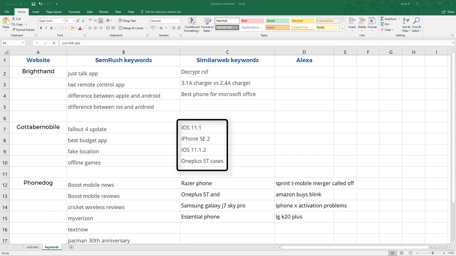If a keyword is new, then it means not many websites are writing about it, which means the competition is low. You should act fast to add highly relevant content on these keywords in your website to capture users who are searching for these keywords in Google. So far, we have used SEMrush and SimilarWeb tools to extract top organic keywords